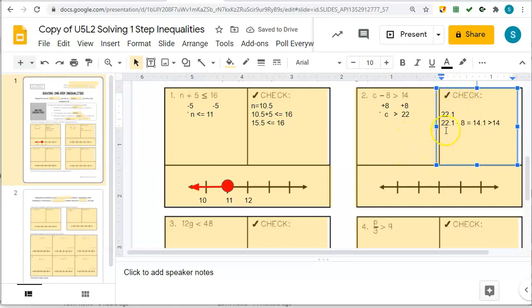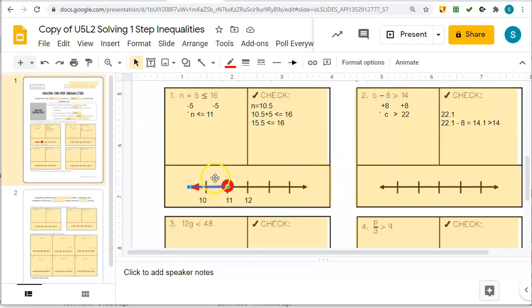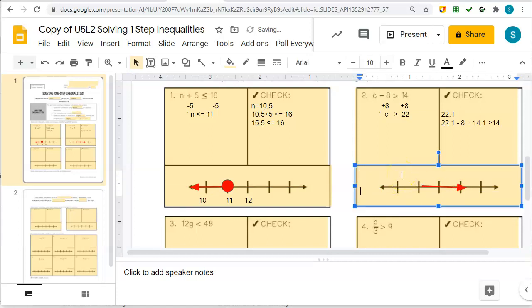Alright? Now this one, we want just the inequality part, so instead of a full circle, we're actually only going to do an open circle. So here, we're opening it up, and I'm going to switch the arrow to point the other way. We're going to make this point here 22. So let's say this is 20, 22,